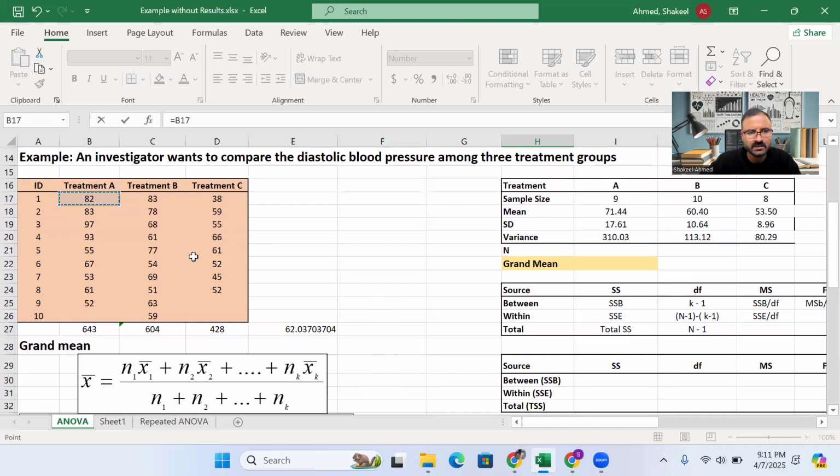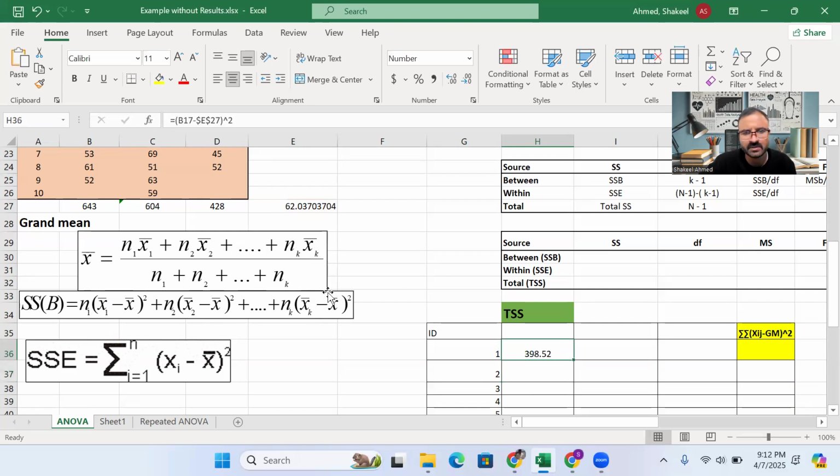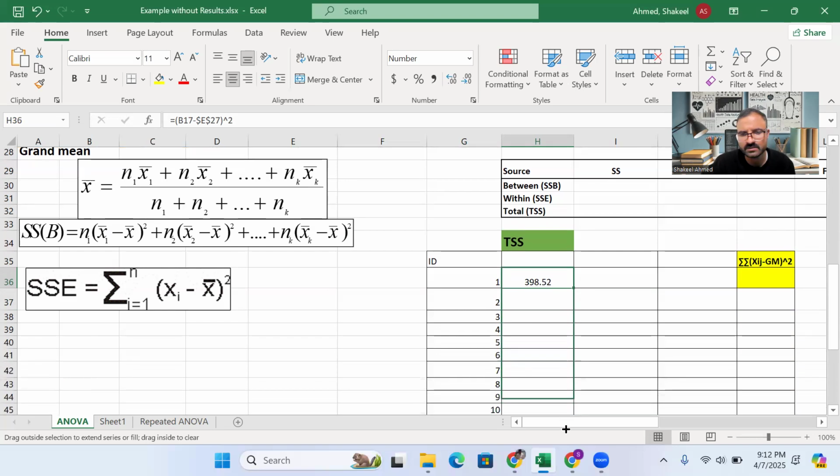We can start from here, and you can find the square of the deviations for your convenience. I am putting a dollar sign so that this value will be fixed when we drag to the other values, and then square. So this is the square of the first value from the grand mean, and then square. And you can just drag it to